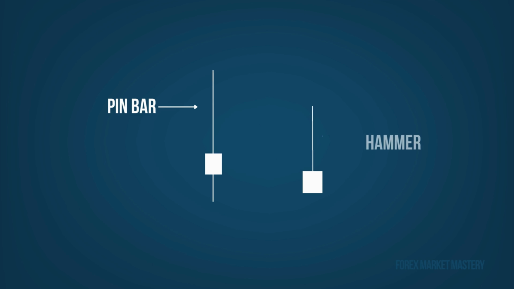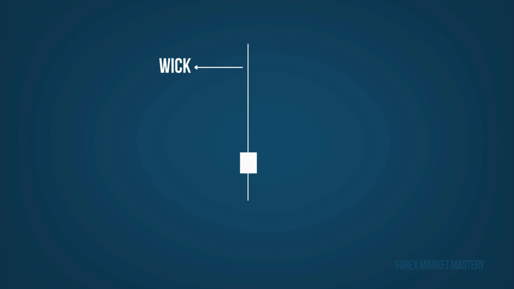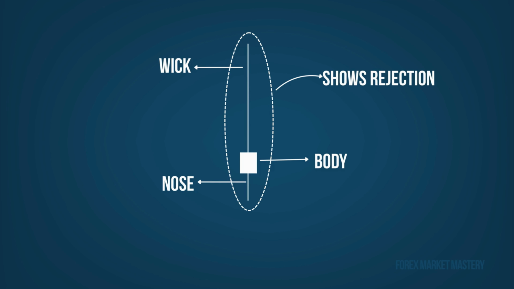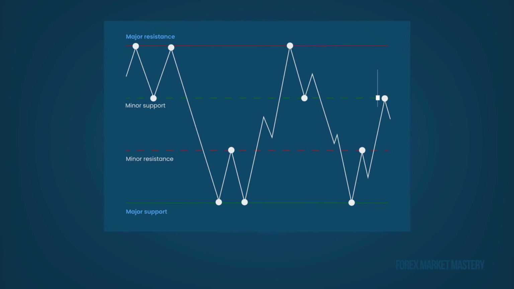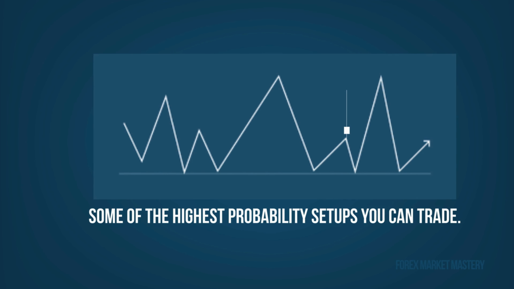And finally, the pin bar. This is similar to a hammer but can appear anywhere. The key is a very long wick, the nose, and a small body. This shows extreme rejection. In Forex, pin bars at major support or resistance levels are some of the highest probability